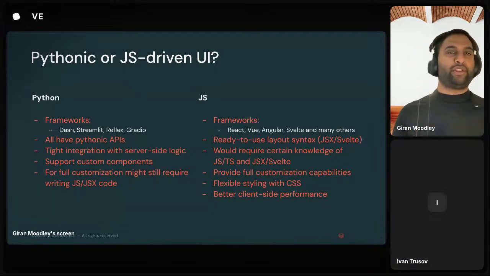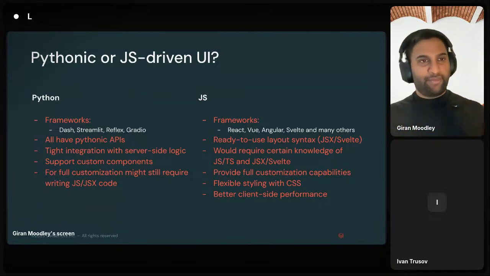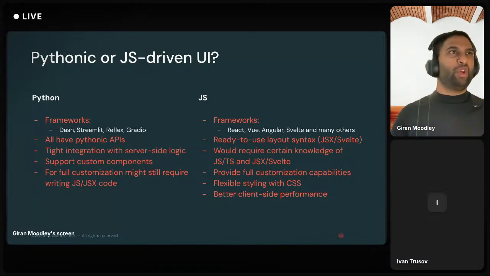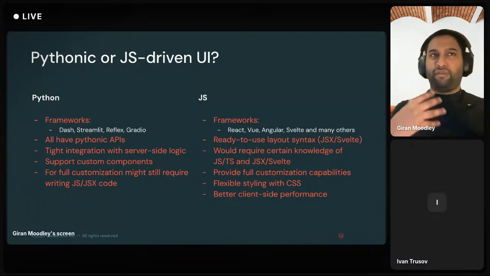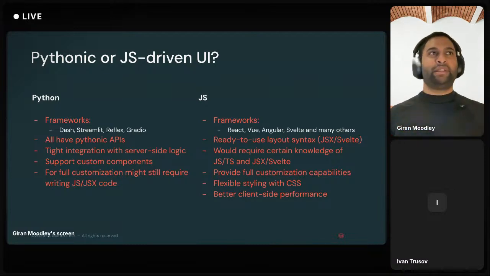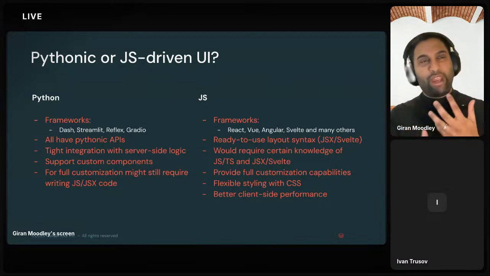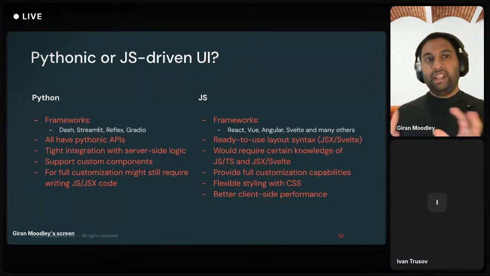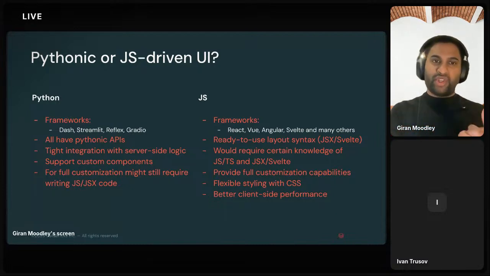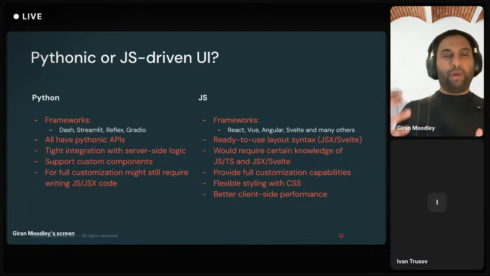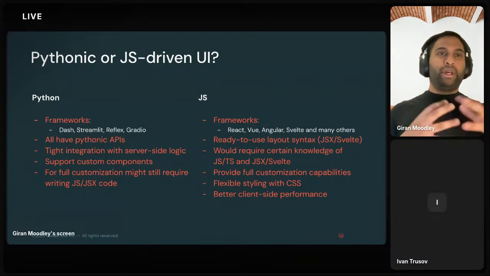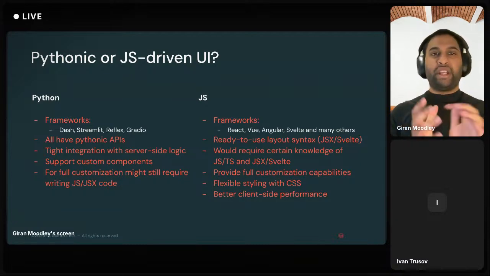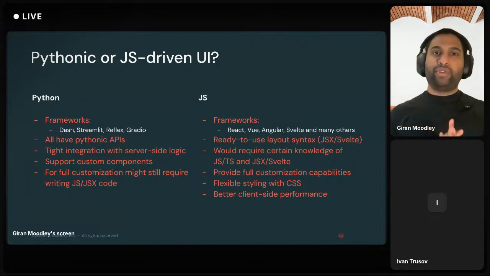A lot of people who develop with Python, if they're using PySpark or so forth, will understand how this framework works. Using things like Dash, Streamlit, and so forth, it's just writing Python with a different set of APIs. Because it's all based on Python, your approach to code will still apply. A key thing with these frameworks is that they have very tight integration with server-side logic, so there's a lot we can process purely in Python without needing to offload elsewhere. We'll talk later about heavier-scale compute, but it makes things a lot easier to handle purely using Python.